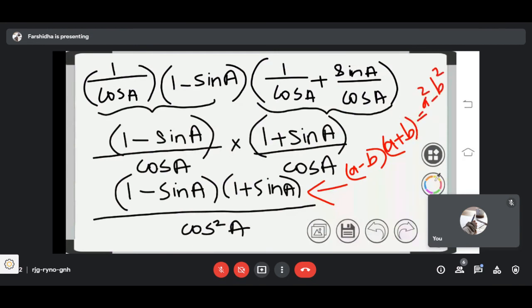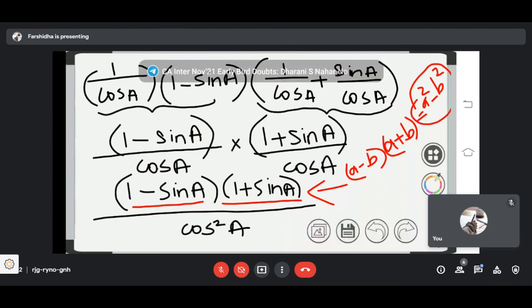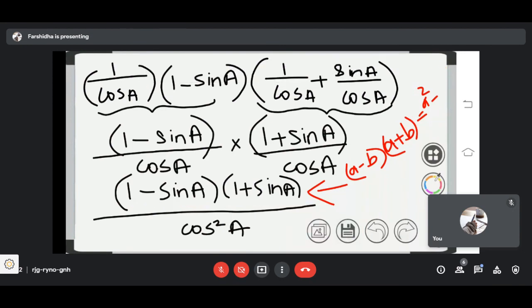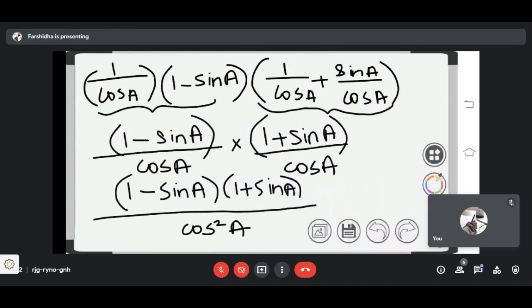See here, A minus B into A plus B is in the form of identity number 3, so you can change it to A square minus B square. So below that, applying the identity,